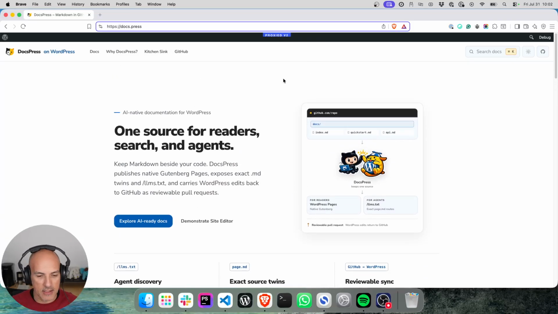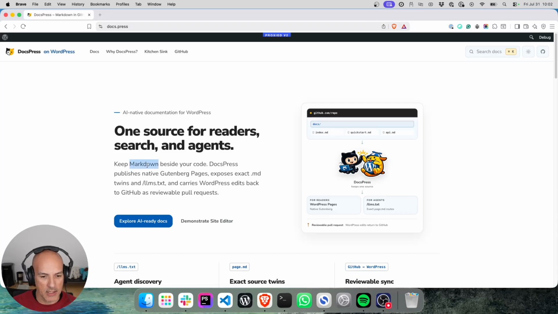He released something for plugin developers a while back. And now he's released something that I'm quite excited about because it is a way to keep your docs in Markdown and then publish to Gutenberg pages. So essentially,